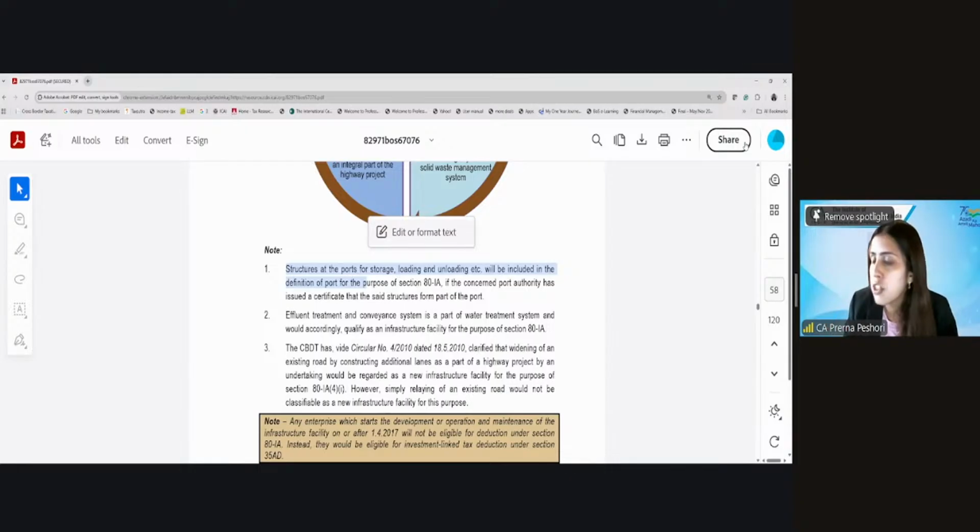So you would have seen that, on roads, there are certain plots which are there, which are taken over and the existing roads are widened. So anybody who is engaged in development of that, operation of that, maintenance of that will be also eligible for the ATIA. Right? Next is